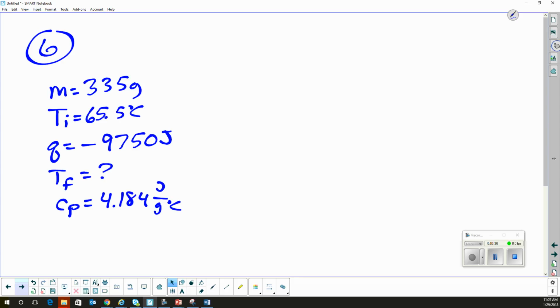So this one you actually got to take in 2 steps. We can't find delta T because delta T is TF minus TI. And we only have TI, right? But I can put it into the equation, Q equals mCp delta T, and solve for delta T. And then I can plug it into this equation to find the T final. So you're going to do 2 steps. Plug it in first. Remember to put the negative